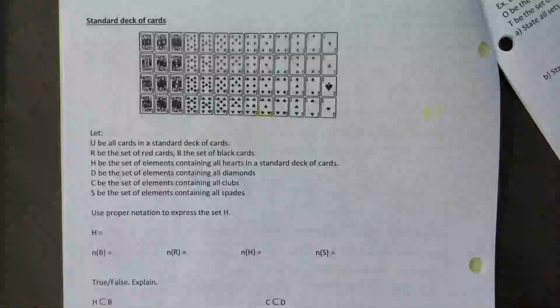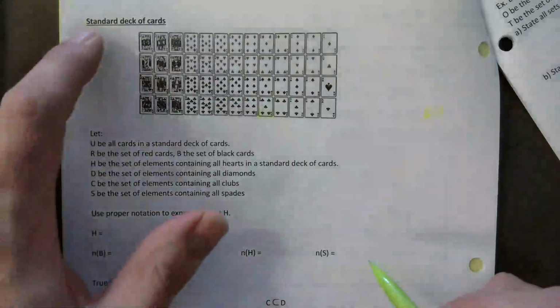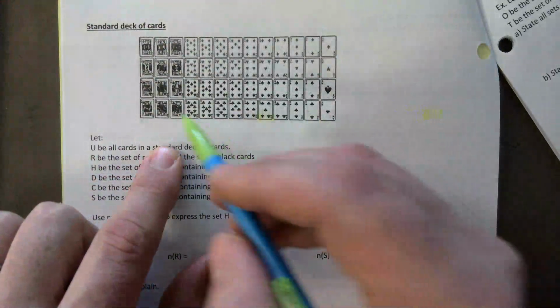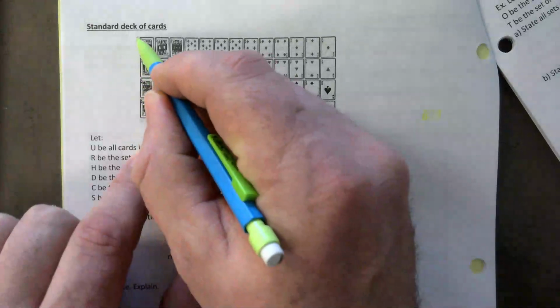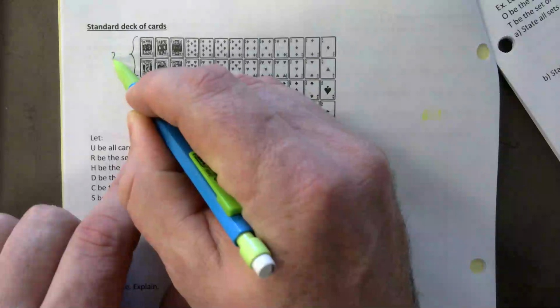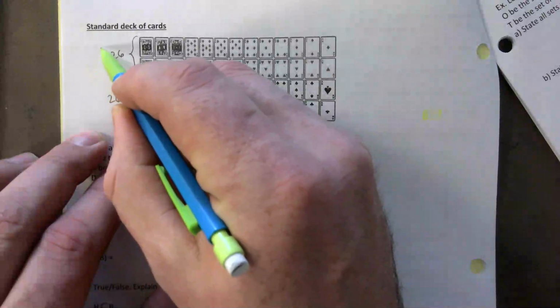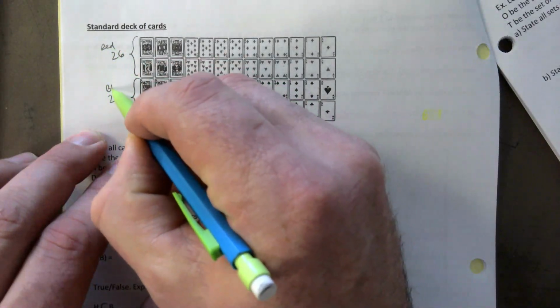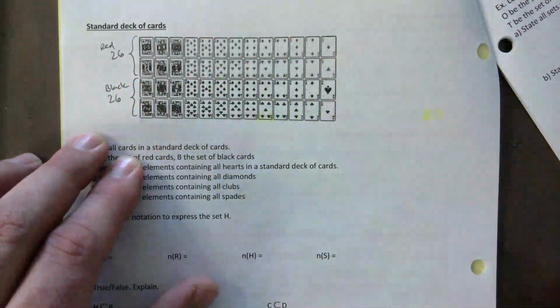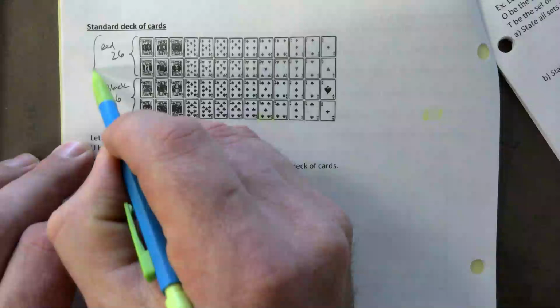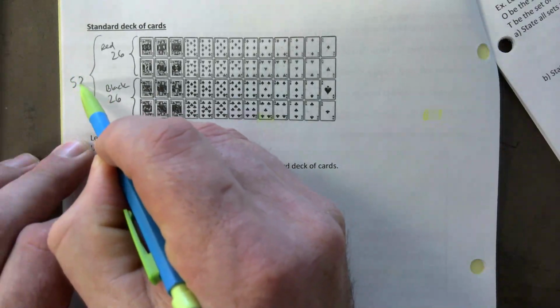The weird thing about a deck of cards is that you have joint and disjoint sets happening all at the same time. So that's why it will show up perhaps on quizzes and tests. So just be prepared for it. So a deck of cards, you need to know that half of it is red, right? So we've got our 26 red cards and our 26 black cards. Okay, so we've got red 26, black you have 26 there, which makes it altogether 52 cards in a standard